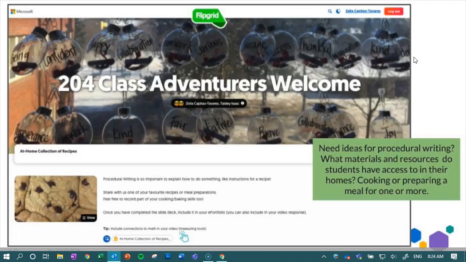For some students, they may or may not have parent or guardian support available to guide them through their tasks. The lessons needed to allow flexibility, with varying entry points for students to be creative and share their learning. So we thought, let's cook. Here was an opportunity for students to share recipes or ways that they prepare meals at home for themselves or their families, as we are all dealing with the quarantine and the closures at this time.